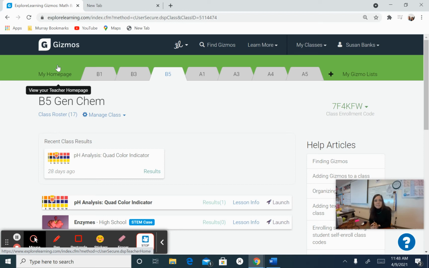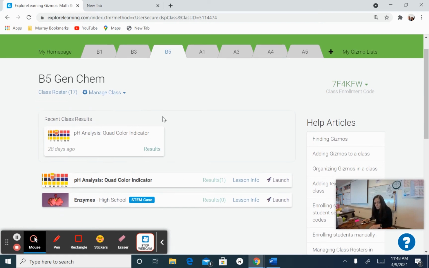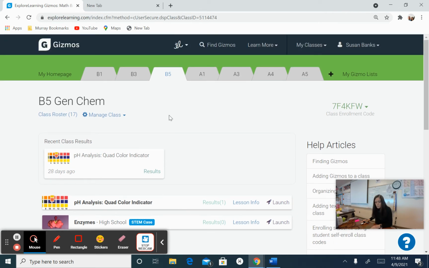All right, Gen Chem, today we are going to use some of the things that we've learned in terms of energy, catalysts, and enzymes, reaction rates, all those kind of things that we've been discussing, to do an immersive computer simulation of a case. So when you get into Explore Learning, you're going to want to go up to this